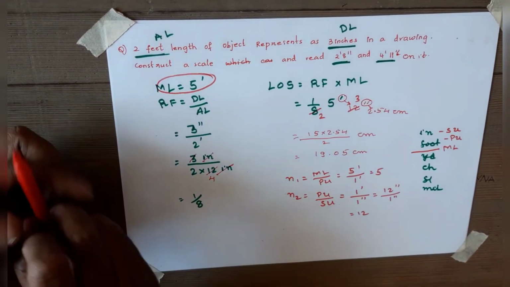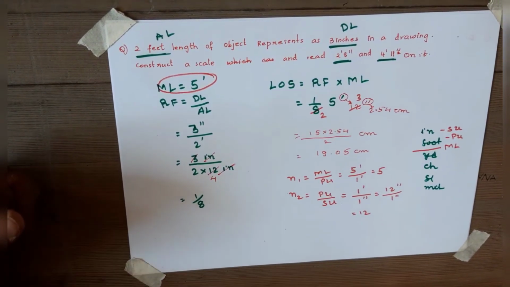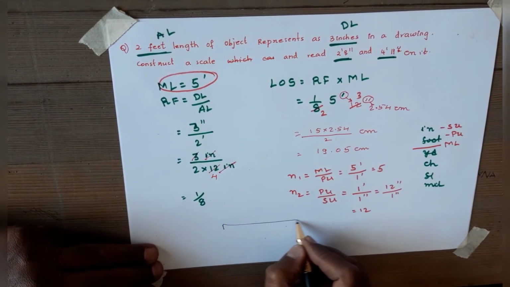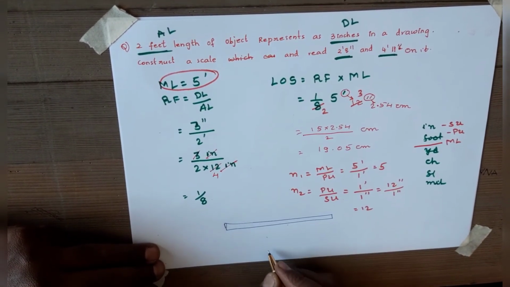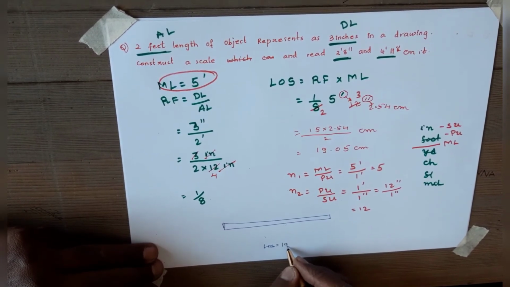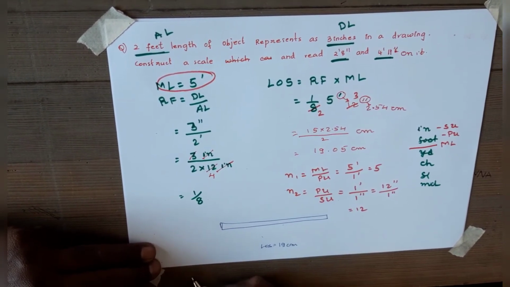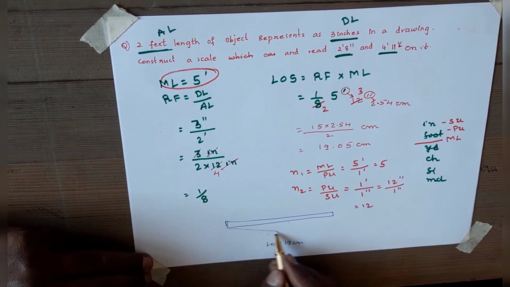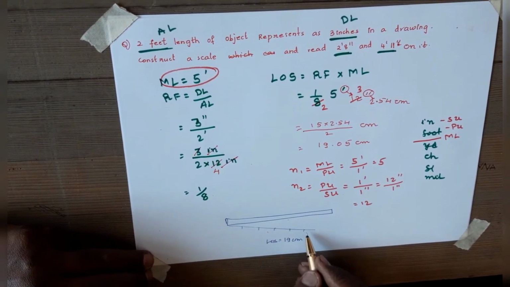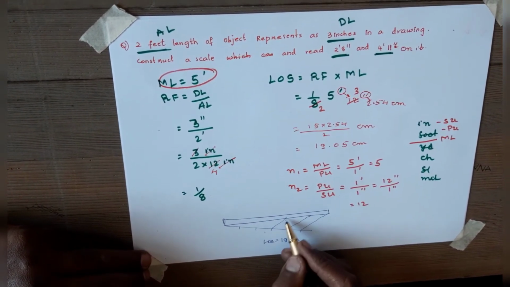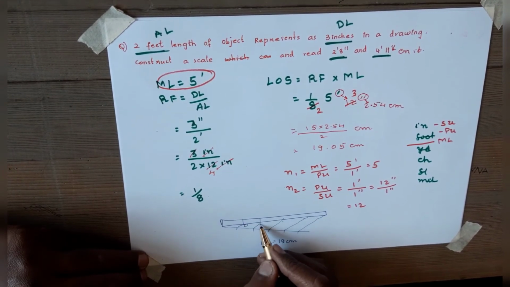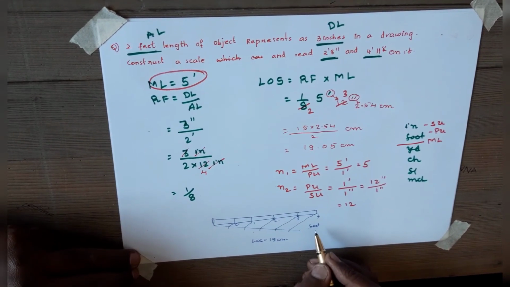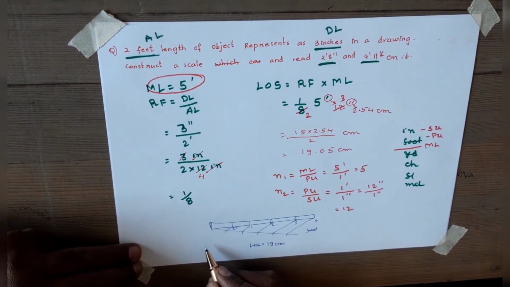Now, how do we have to construct? Roughly I am explaining this and you do it neatly. So how much length do I have to take? LOS is equal to 190 mm, or 19 centimeters, you have to take. If you divide it by 5, we are not going to get an exact digit. Therefore, with the help of the acute angle line method, you have to divide it into 5 parts. Join the fifth part with the other end of the line. This is going to be 0, 1, 2, 3, 4. This is feet.